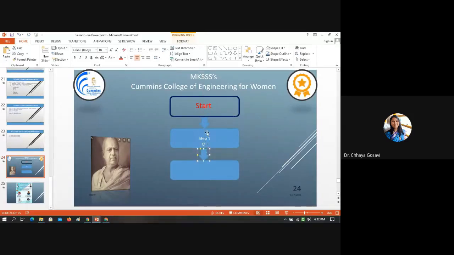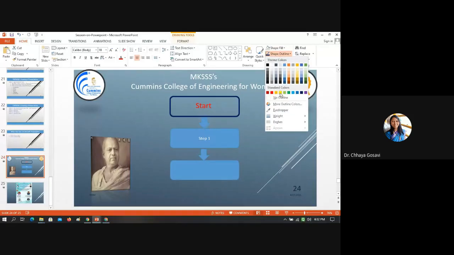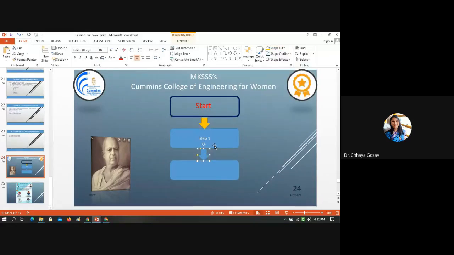Same arrow is here. So let's change the color of the arrow. This is changing the background color. I want to change the foreground color. And the same color I want to apply to this arrow. So click here, take a Format Painter and paste here. It will apply all the formatting that we have done for this arrow. Same thing I'll do for this box. I'll choose this box, take a Format Painter and click here. So it will change.